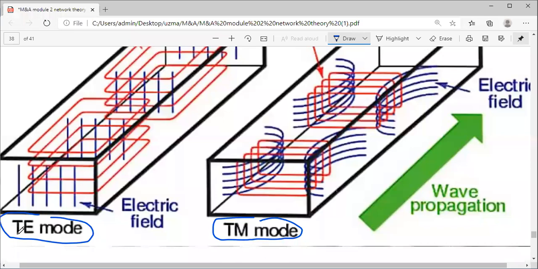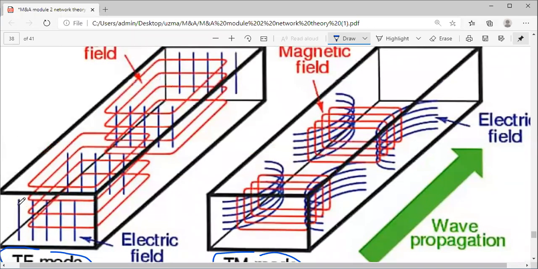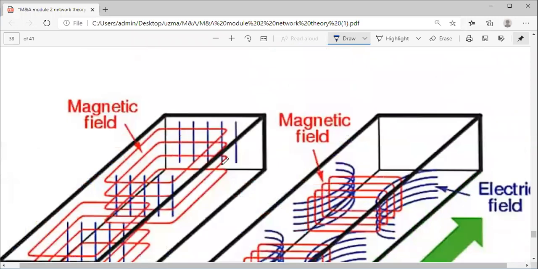Because an EM wave has both electric and magnetic fields, whenever the dominant mode is a TE mode, the transverse electric field, you can see the blue line is in this direction. The red lines indicate the magnetic field. So both are perpendicular, you know it. Electric and magnetic fields should be perpendicular to each other whenever an electromagnetic wave is passed.